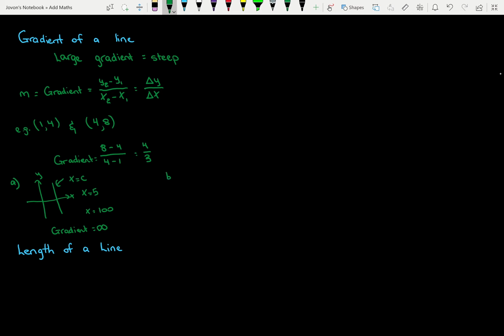Suppose now we have a different case. We have our x and y axes, but this time we have a line this way. This line is given by the equation y is equal to c. For example, it could be y is equal to 5 or y is equal to 100, right? So this horizontal line is given by y is equal to a constant, whereas a vertical line is given by x is equal to some constant. And the gradient of this line